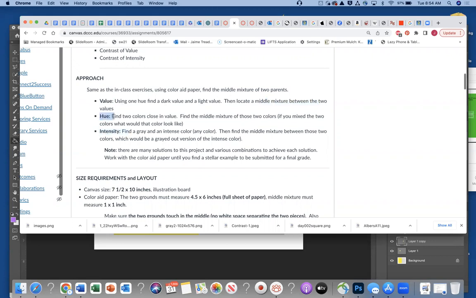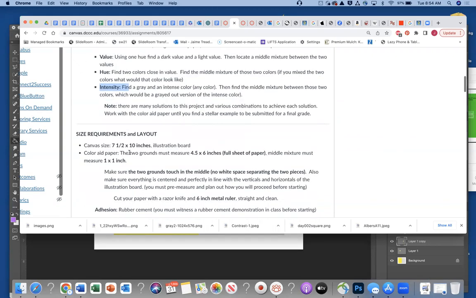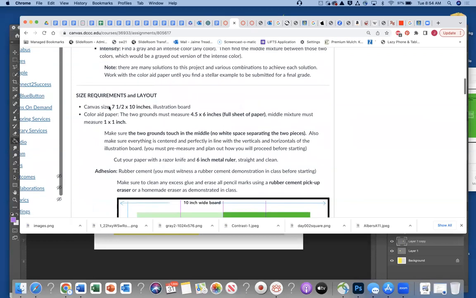Hue, you're just looking for two different colors on the color wheel, and I'll explain that soon. And intensity, you're looking for two different intensities, one very intense and one without intensity in some cases, or just very little intensity. The size requirements and layout, you're going to use a